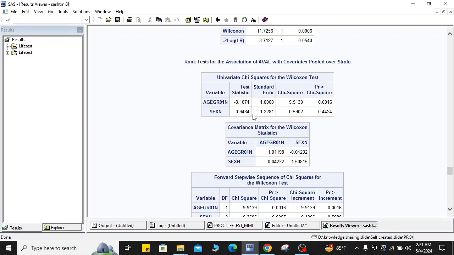So this is the result we get from the test of association between survival time and covariates. This is the result from the Wilcoxon test. Here the p-value for age group is 0.0016, which is lower than 0.05, and which is telling us that age group has an effect on survival time. So because of age group, the survival time might vary. On the other hand, the p-value for sex is 0.4424, which is greater than 0.05. So it's telling us that sex has no effect on survival time, and because of sex, the survival time doesn't vary significantly